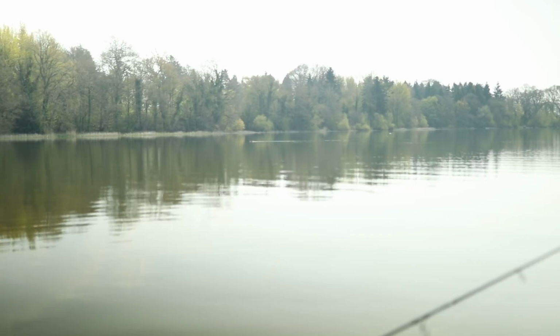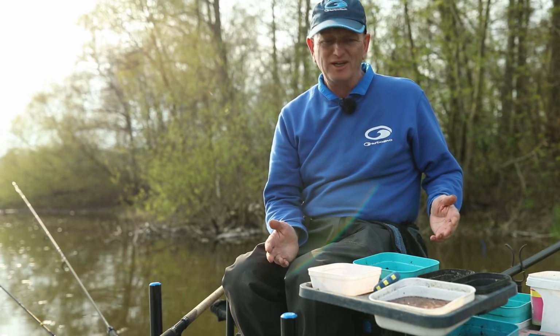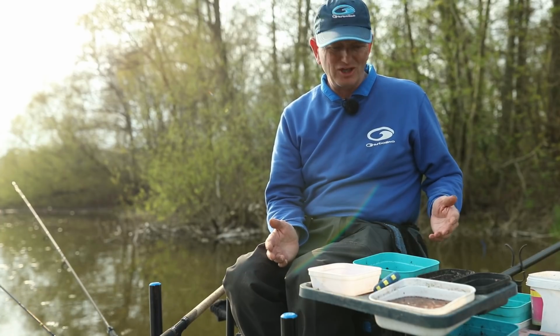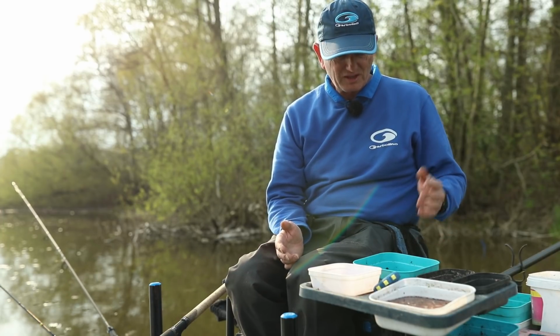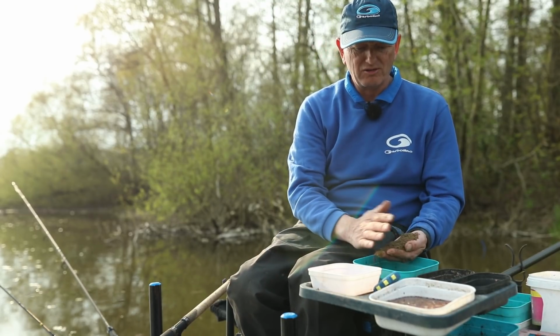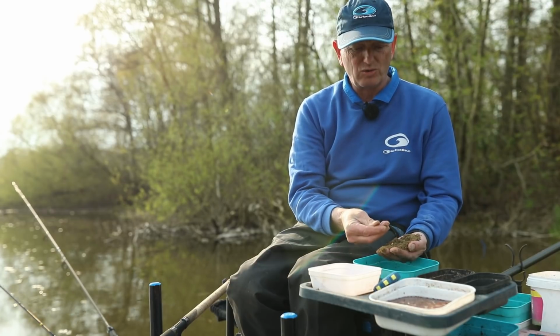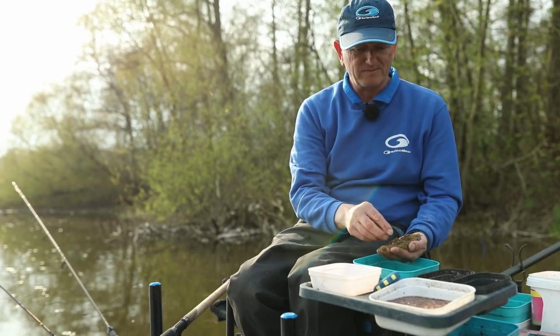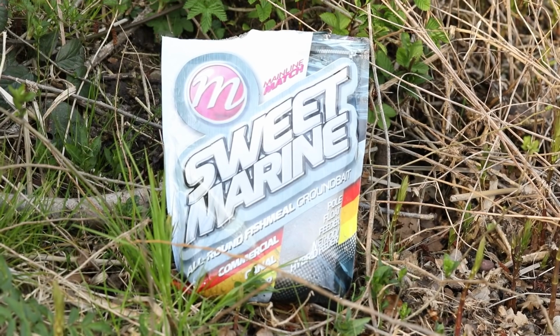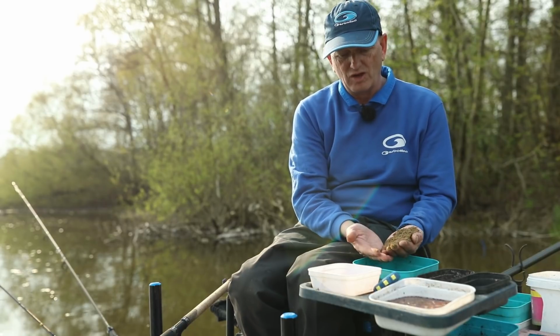I've got a boatload of bait on my bait waiter, as you can see, loads of stuff, but in all honesty, it's very rare I'm going to use all this kind of bait. The main foundation of my feeding is my groundbait. The groundbait I'm using today is a very straightforward mix, but it's quite a potent mix. It's Mainline Sweet Marine, 70% Mainline Sweet Marine, which is a heavily